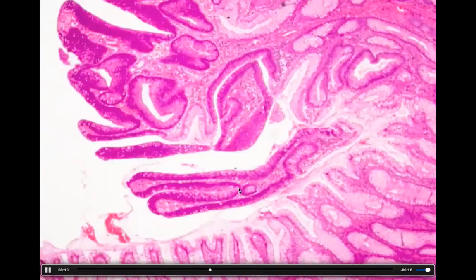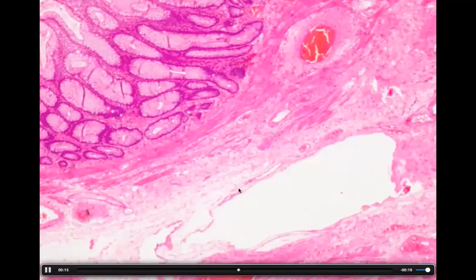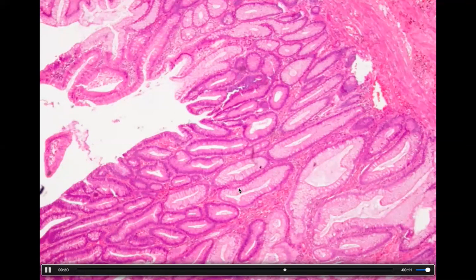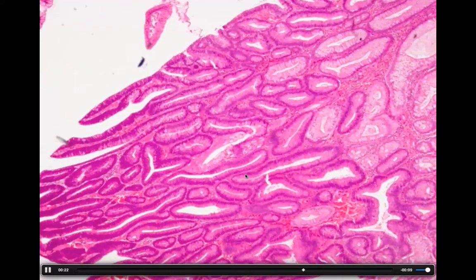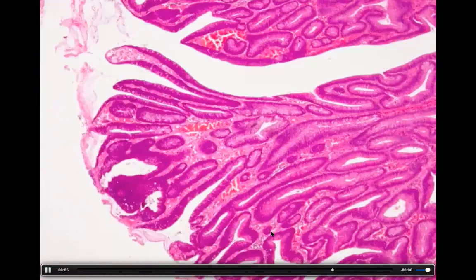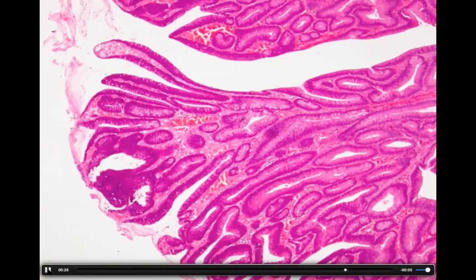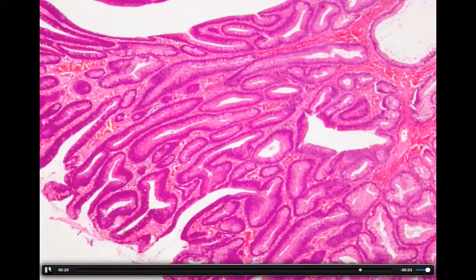Now we will see what the changes of the adenoma are subsequently. In those areas the villiform pattern was more prominent. Now if we look at this area, it shows the villiform pattern, and then there are many tubular glands present underneath. So there are numerous villiform structures on the surface, and in addition there are multiple tubular glands constituting the polyp. This is what we are looking for when we are discussing a case of tubulovillous adenoma.